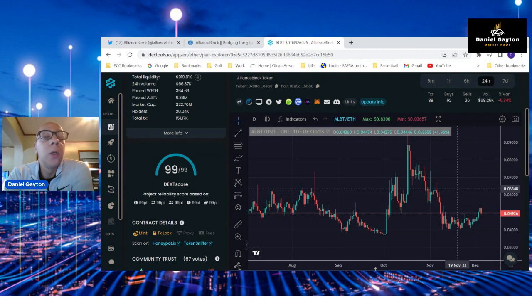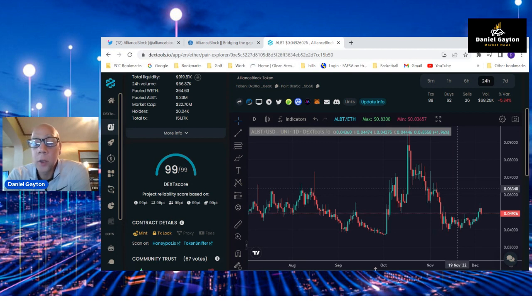But let me tell you why I'm excited about the Alliance Block. I've slept on this token for a little while. I looked at it off and on, but I haven't really bought in before because there was just a lot of ISOs out there and I didn't know how all these things were going to come together and work. But I can see it now. If you look at Alliance and you look at Quant and you look at Hedera, HBAR, and you look at XDC and you look at XRP, you look at all these ones, they're all starting to work together.